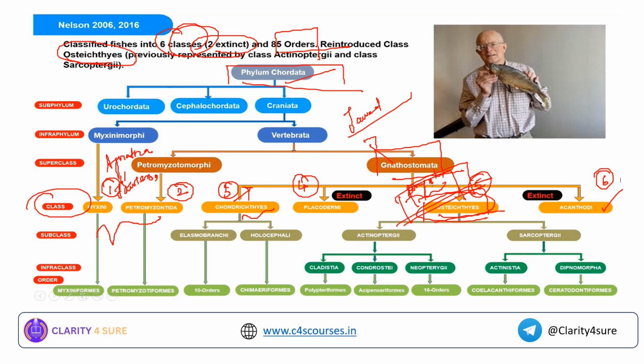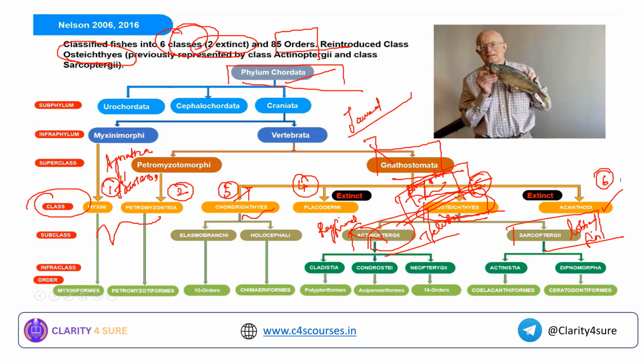And this bony fish is again divided into two subclasses, that is Actinopterygii and Sarcopterygii. Okay, Actinopterygii are ray-finned fishes, and Sarcopterygii are lobe-finned fishes. We will see what a ray fin and a lobe fin are in the upcoming slides. And I hope you remember I was mentioning a group called Teleostei that comes under Actinopterygii, which is actually